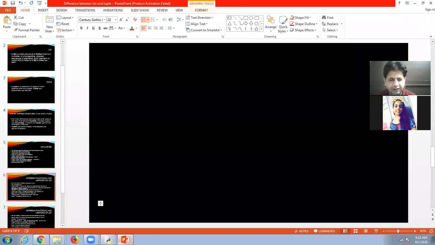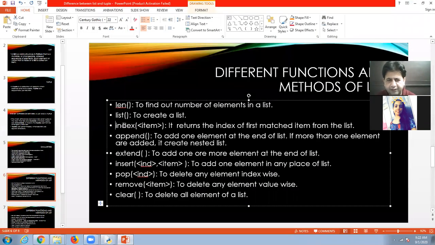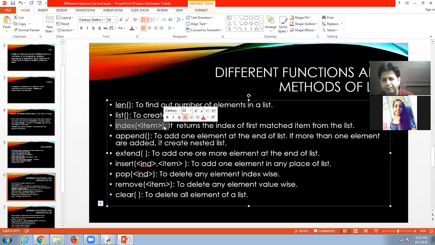In the same way, we have the index method. It will return the index of a particular value in the list. Append method to add one element. Extend method to add more than one element. Insert method to insert a particular element at a particular location.